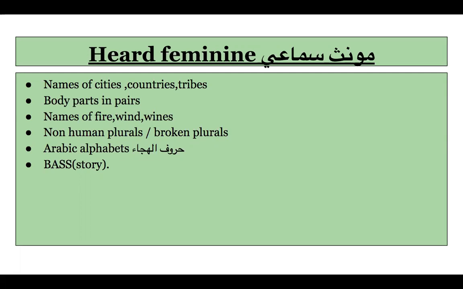So the word feminine here is just because of the way the Arabs treated certain words, so people developed the understanding that they have to treat the word in the same way. Under this category come names of cities, countries, tribes. For example, if I ask you Makkah, what will you say the gender of the word is? Very good. It's feminine because Arabs have treated it like that, right? Because Arabs said so. Then if I give you the word Quraysh,